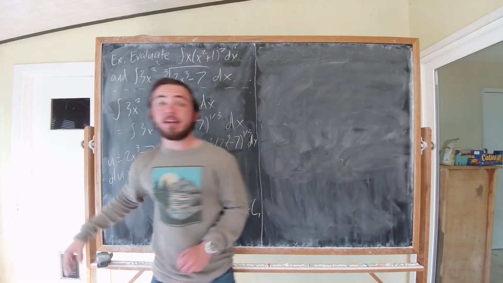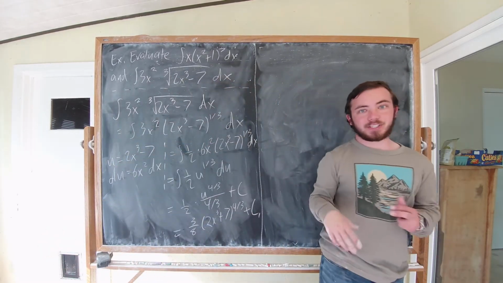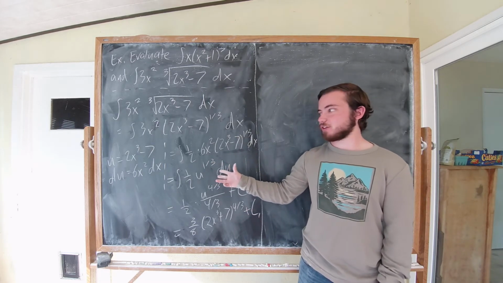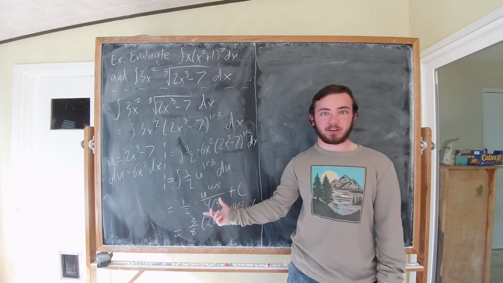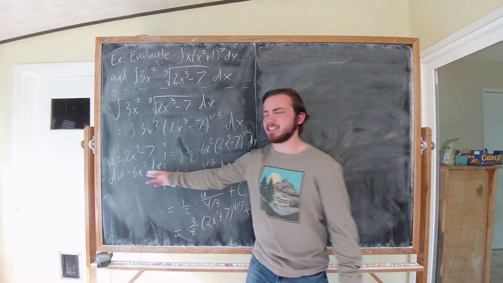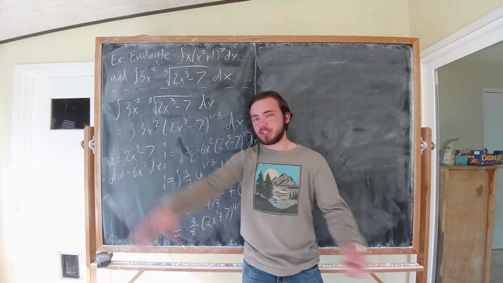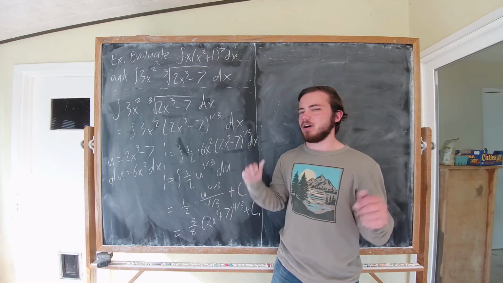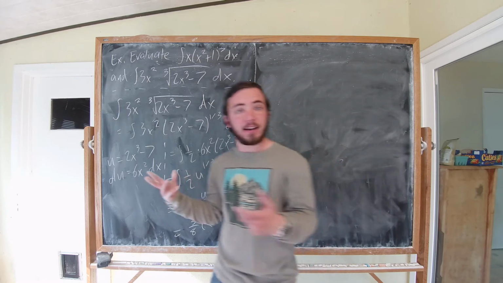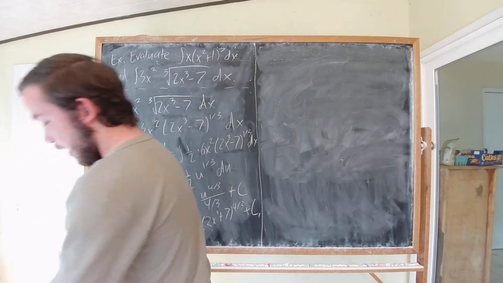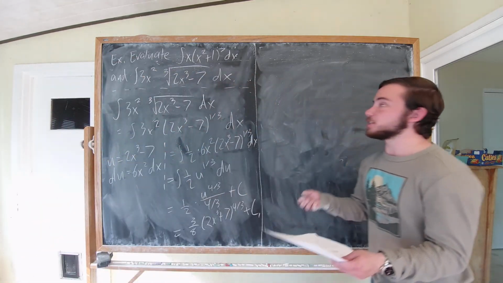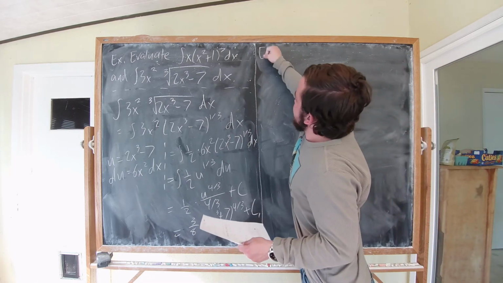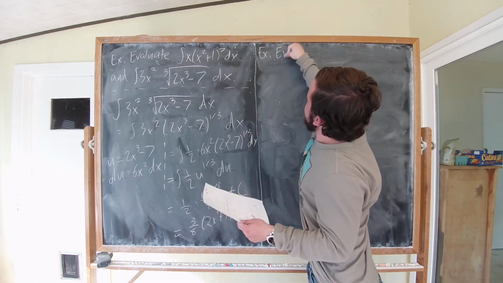Alright, so here is a good place to stop and check yourself and say, okay, am I getting what's going on with all this u substitution? Do I understand how this scalar multiple thing works if the du substitution is just off by a single scalar? Can I deal with that? Okay, once you're confident with that, let's move on to some more complicated examples using some of our other integral rules. For instance, let's evaluate